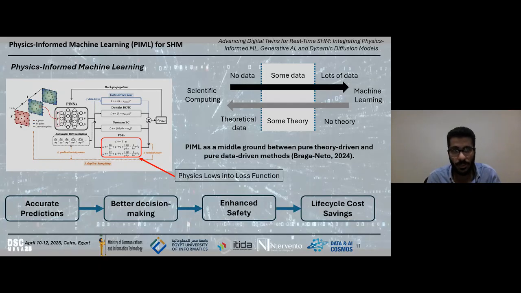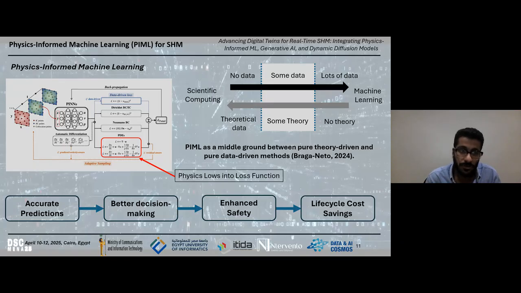But what we are trying to achieve now is to include what we have learned in civil engineering from the physics background into the machine learning network. How can we include the partial differential equations into the loss function? This will give you more efficiency in the predictability of your machine learning. Even if we introduce complexity, it will give you a good prediction in the end compared with normal machine learning. So physics-informed machine learning is a powerful concept.